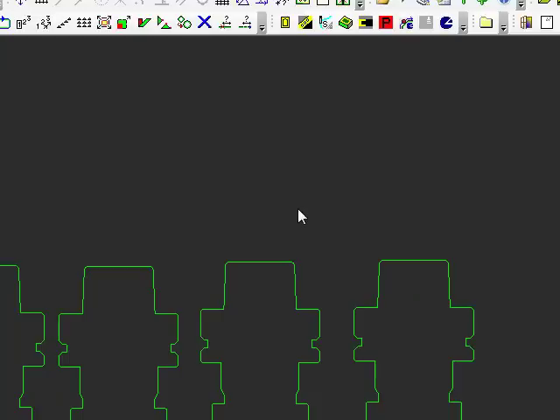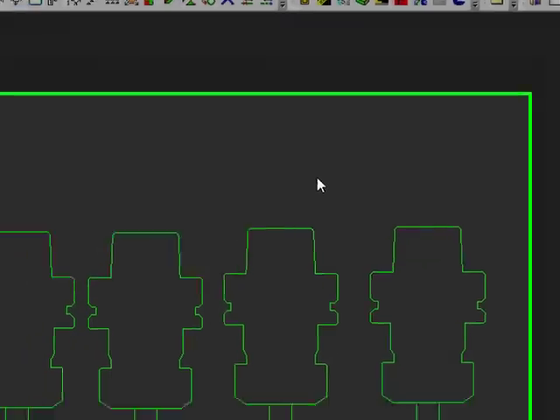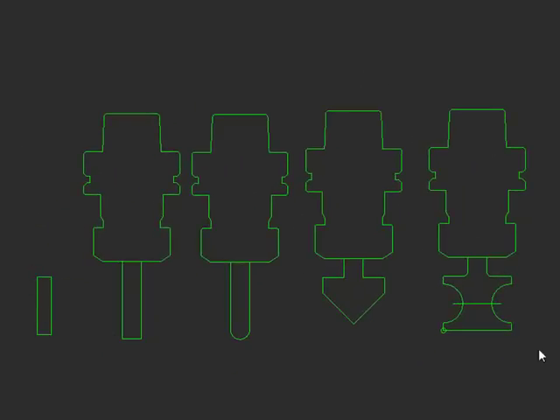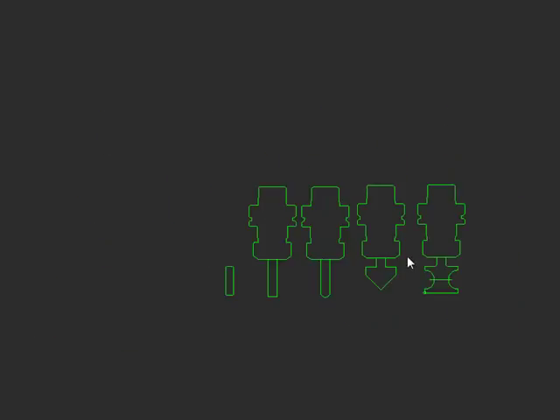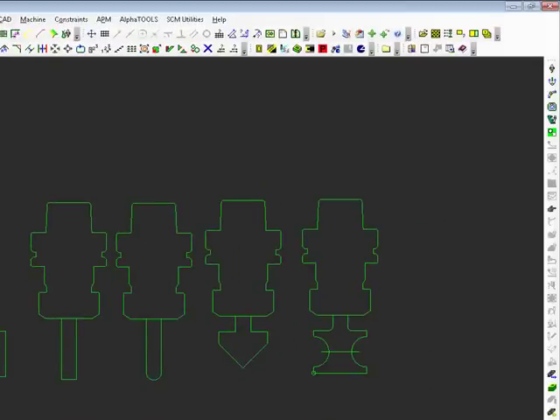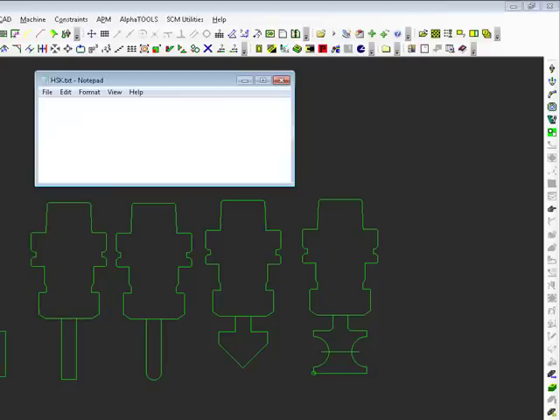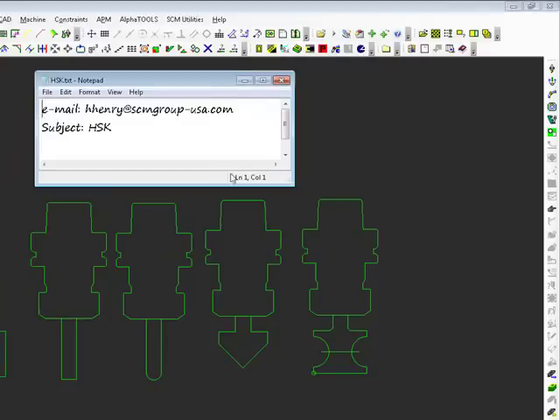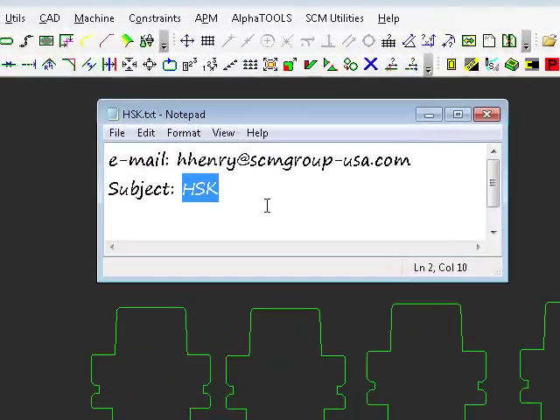The topic we're going to be covering in this training session is tool definition. As you can see, we have several different types of tools that we're going to be covering the definition of through this tutorial. One of the most important things to be able to successfully define tools is to have a drawing of the HSK holder. If you do not have it, and you do not want to waste time drawing, feel free to shoot me an email with the subject HSK, and I will gladly reply to that with an AlphaCam drawing of the HSK